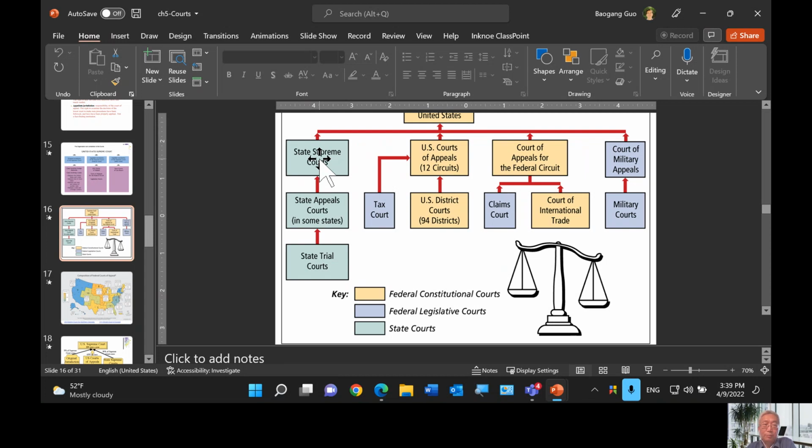Again, there are 50 sets of those boxes, and every state has its own Supreme Court, a state appellate court, and a state trial court. But again, all cases can reach the Supreme Court, and the Supreme Court can review all decisions made. That makes the Supreme Court the highest court of the United States.